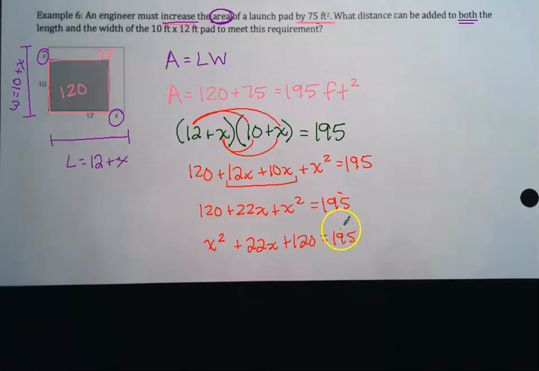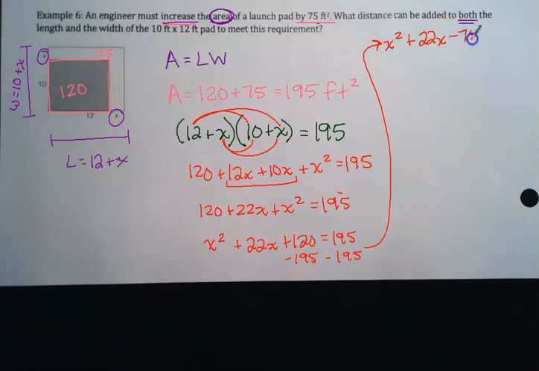Then we need to make this 0. So we're going to subtract 195 from both sides. And I'm going to come up here to continue, x squared plus 22x, and then 120 minus 195 is negative 75 equals 0. All right. Good news. We do not have an a term, so we're just looking at our negative 75,